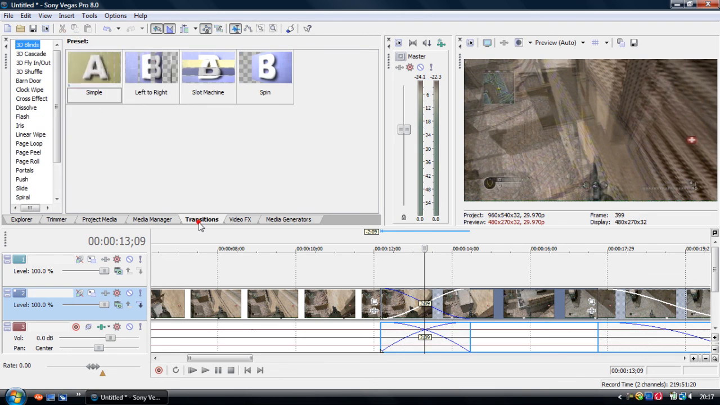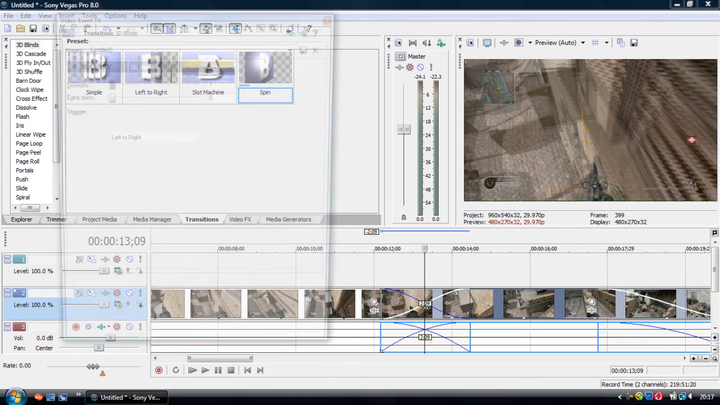And then you go to transitions, 3D blinds. You can see here, if you just put your mouse over it, it goes from video A to video B. There's transitions like that, spin, things like that. Then you click it, drag it down into the fade through bit,